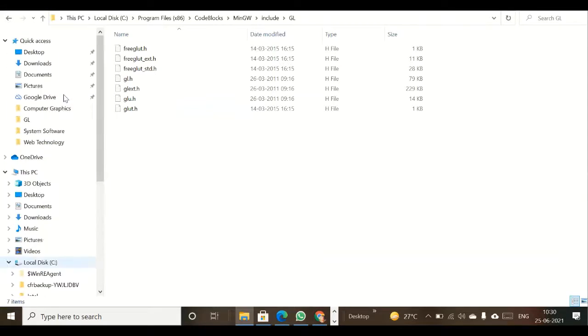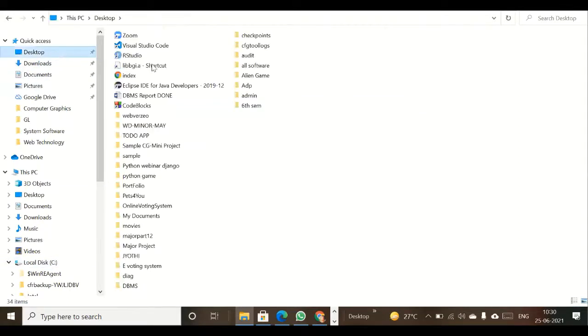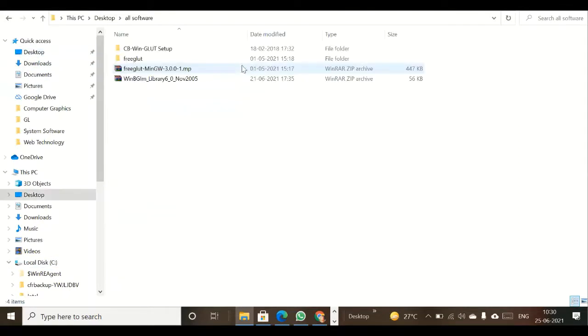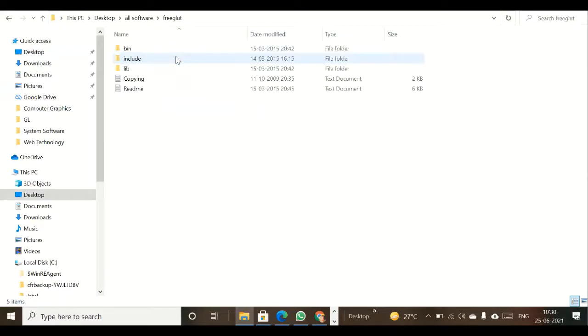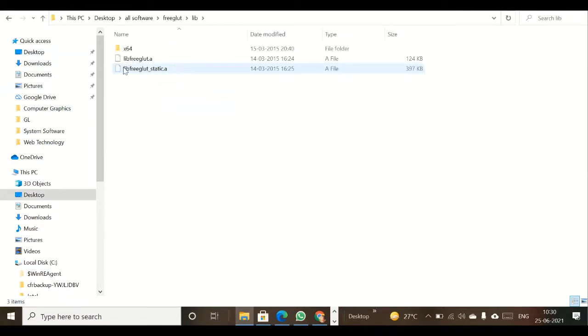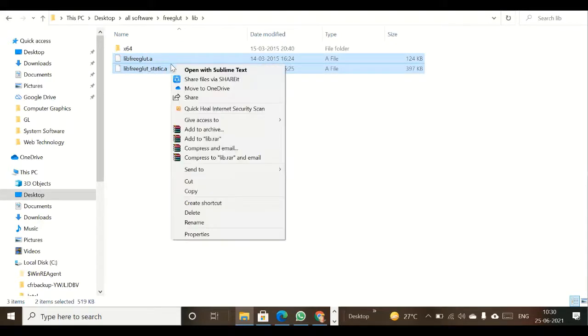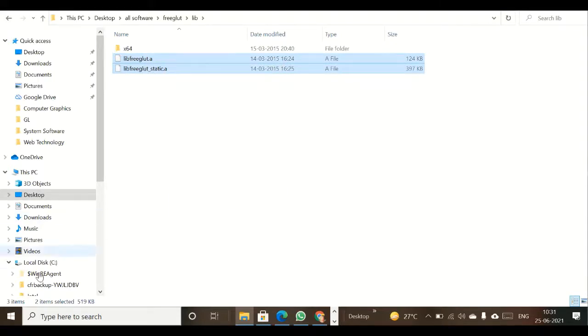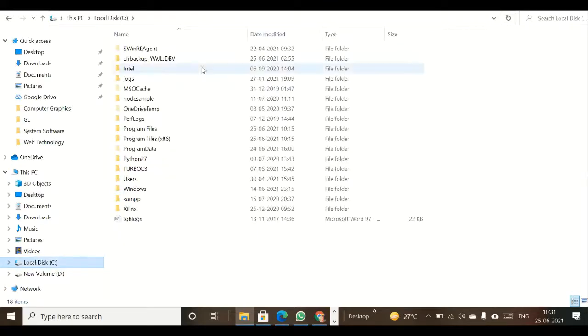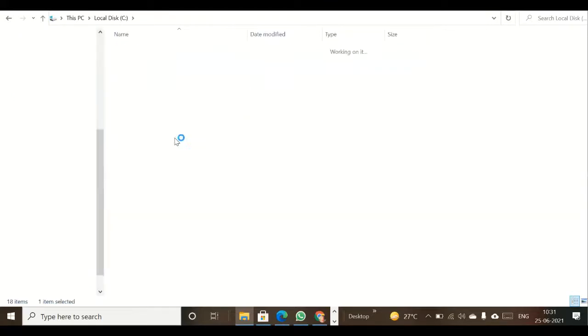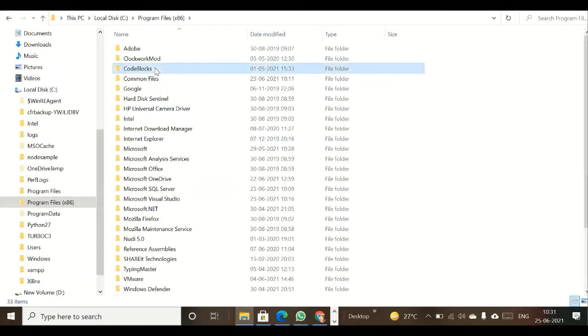After doing that process, again go back to the folder which you have extracted. Then you click on the lib folder, and you need to copy these two files, that is libfreeglut.a and libfreeglut_static.a. Copy both of these, and then go to the local disk again, and then Program Files x86, and then again CodeBlocks.